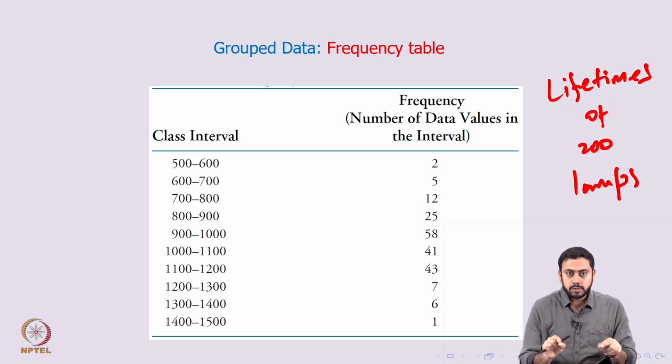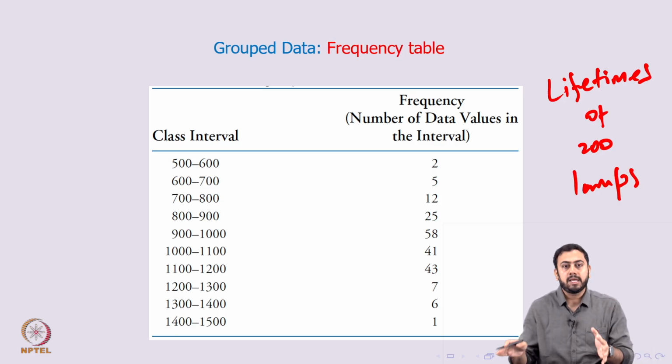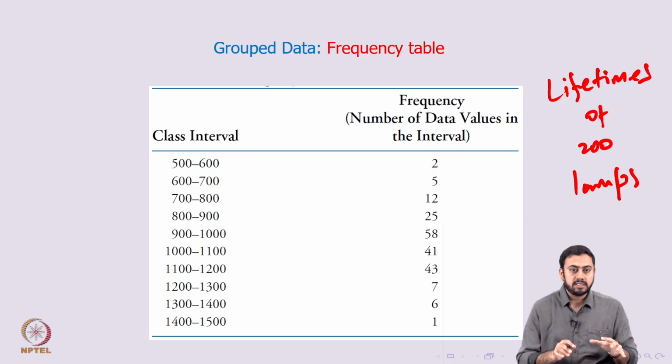We also discussed that you have to create some classes depending on the minimum lifetime and the maximum lifetime. So look at the entire data set, identify the minimum, identify the maximum, and then create a range. In this case, the range is 500 to 1500. The minimum would lie somewhere in the first class, 500 to 600, and the maximum might lie somewhere in the last class, 1400 to 1500. Once you fix all the classes, for now, with no fancy things, we'll have equidistant classes, which means the length of each class is the same. In this case, the length of each class is 100: 500 to 600, 600 to 700, 700 to 800, etc.